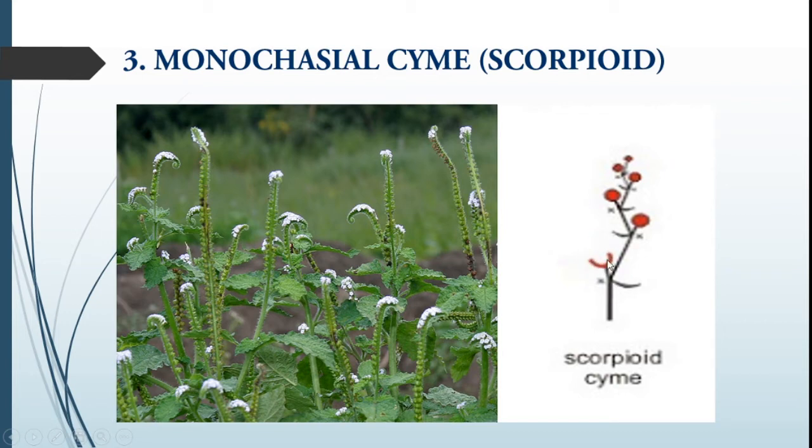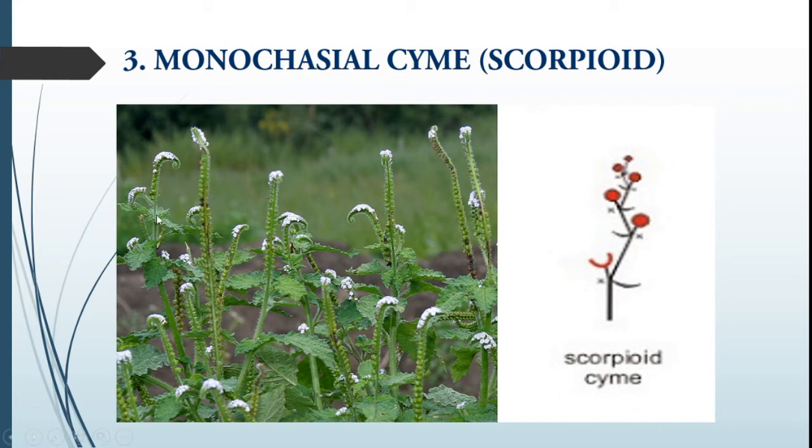This is the main flower. The branching takes place on the right side of the peduncle. That is, only 1 branch is seen. This is the first branch. That branch also ends in a flower, and the second branch is seen from the left side. Again from the right side, left side, right side. That is, the successive branches are formed first from the right side, second from the left side, right side, left side. Simultaneously, the position is altered. This is called scorpioid cyme.